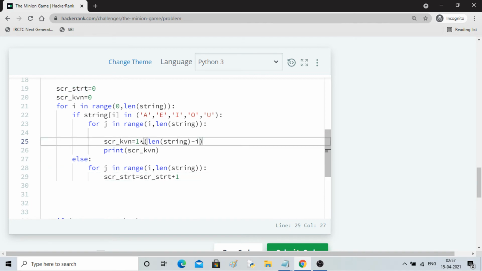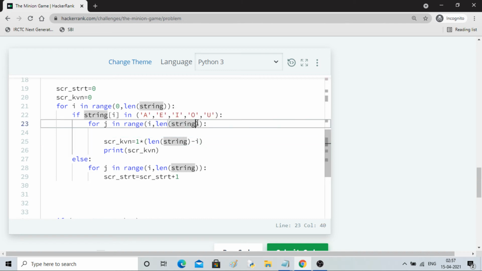So length of string multiply 0, it is starting with position 0, 1. So I will be a number 0. So length of string is 5, 5, product I. There was a good logic.